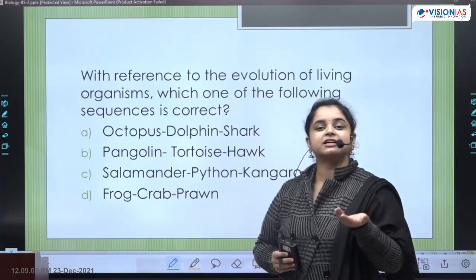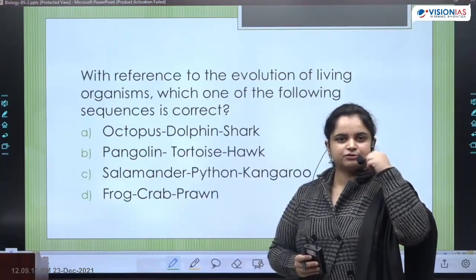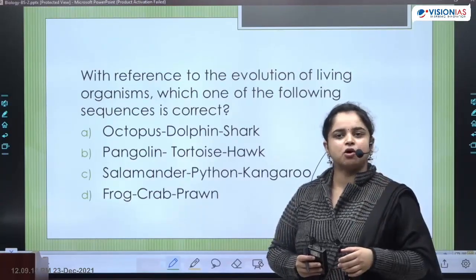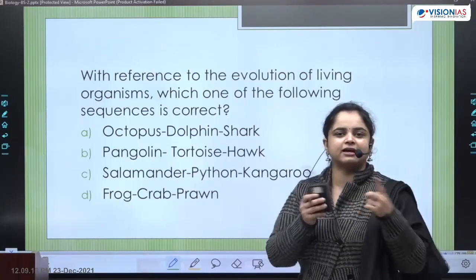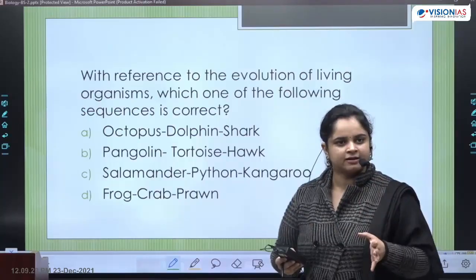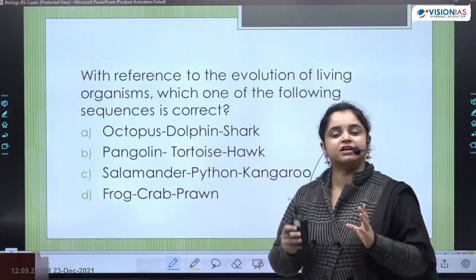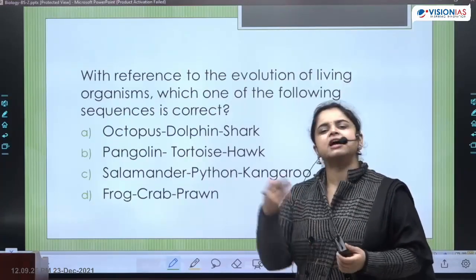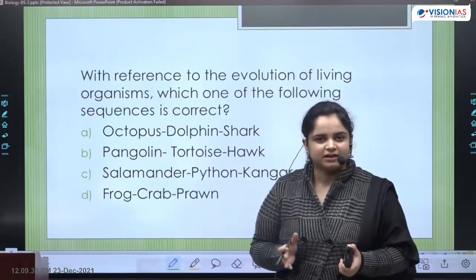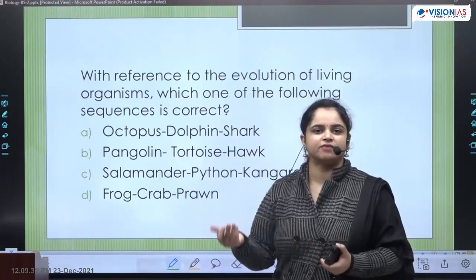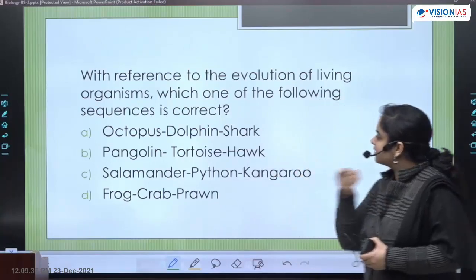Because we have done things very superficially, you might sometimes feel, like you said, hard external skeleton of arthropod, but that is there in a tortoise also, so can they be linked? No, it's not like that. There are hundreds of things based on which these categories have been developed and identified. We are just taking them very superficially, but that does not mean that things can come in more than one category. It's not like that. So with that, let's solve the question.